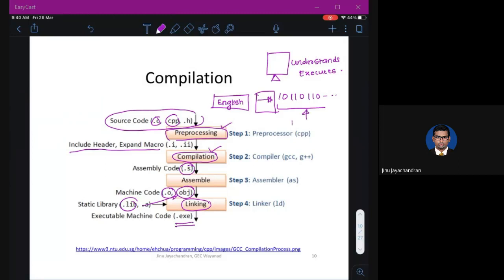Machine code means basically this 1010. So it has converted into machine code which has values like 10110010. Okay, so this is the procedure. It will do pre-processing, compilation, assembling, and linking, and it will convert the English that you have written into binary or machine code. Okay.